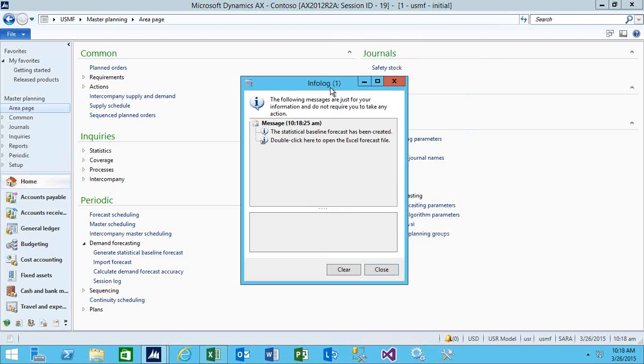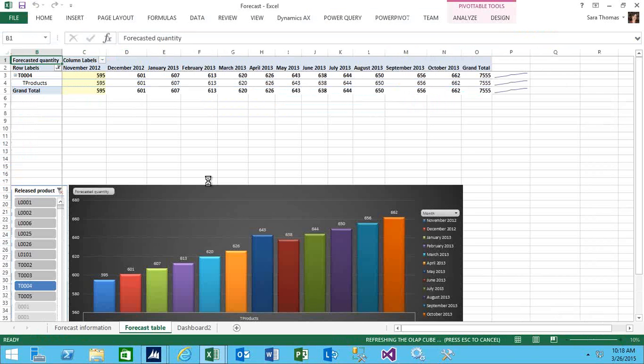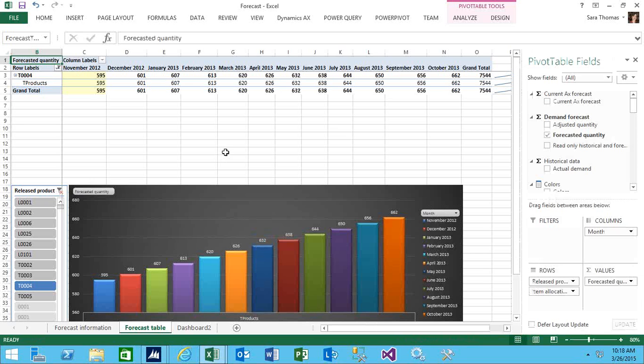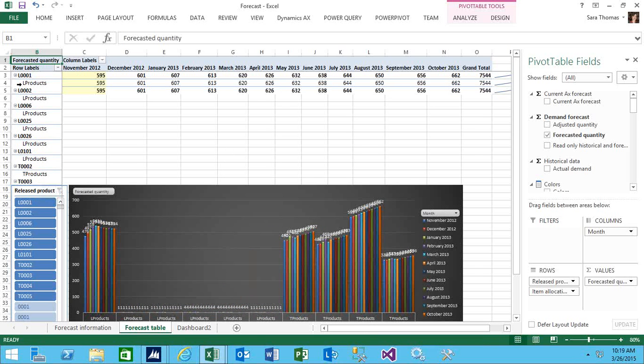So once that's been generated, you can see that it has a notification here saying that it's been generated, and we can double click to just open directly to the forecast file. We could also save the forecast file on our SharePoint drive. But if we open up the Excel file here, what it did was it picked up the template that we use for our forecasting. And in this case, you have all the power of Excel. So within this